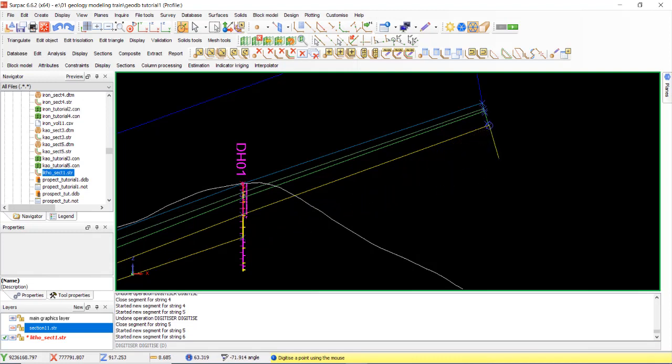Plane, maybe the thickness is thicker here. Okay.